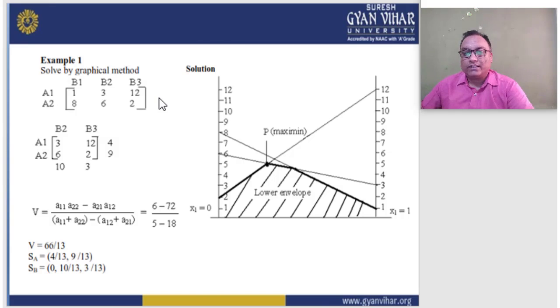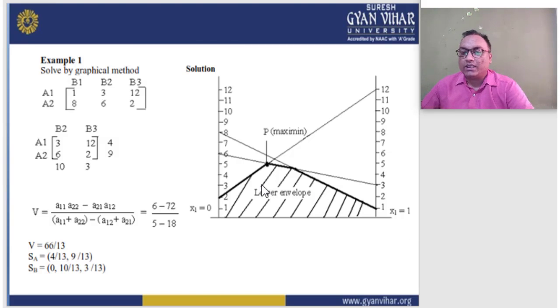Here a saddle point also does not exist. So for this case, draw these lines. Firstly 1 and 8, this is the first line. The second line is 3, 6. And then 12, 2. Here no negative point exists, so the reference line is here, where x equals 0.